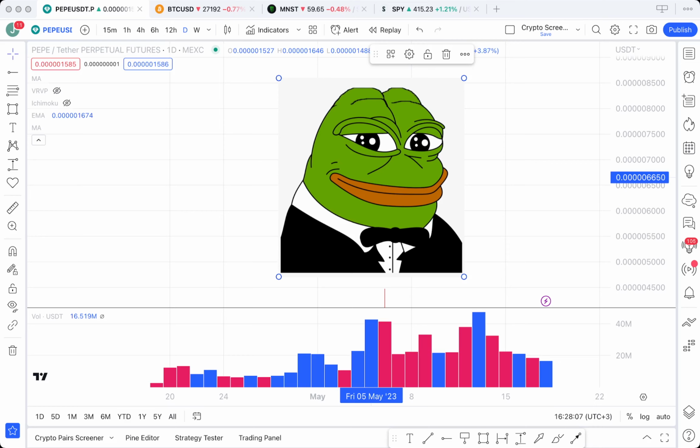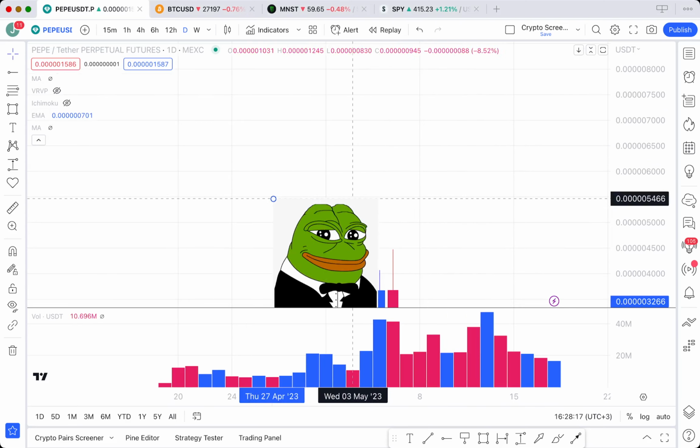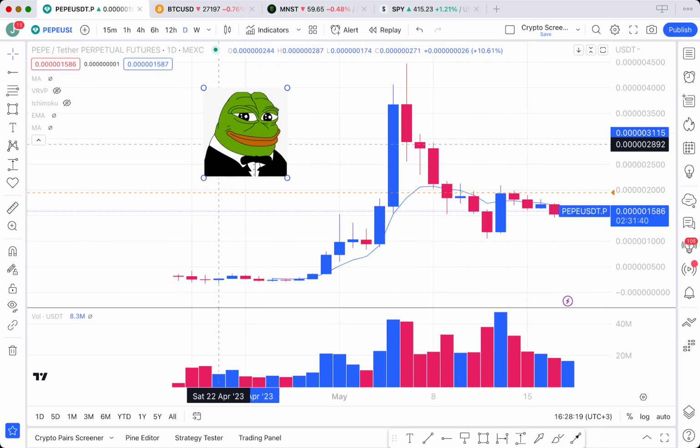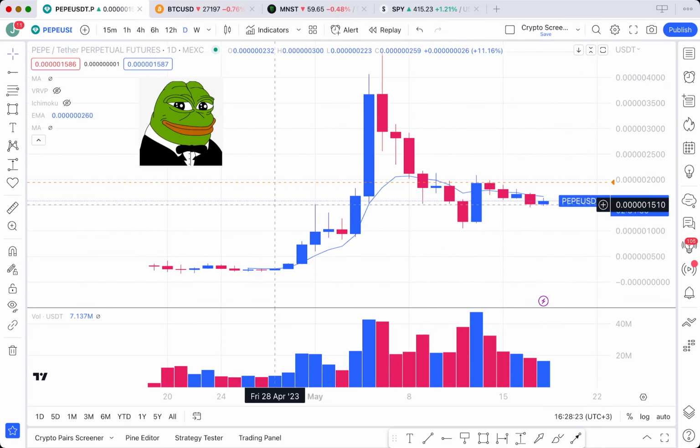Why? Because they gamble. I'm going to show you how not to gamble while trading meme coins, and trading PEPE is going to be the example, right? Let's dive right into the chart. Let's make this smaller over here. This is the PEPE chart on MEXC, right?